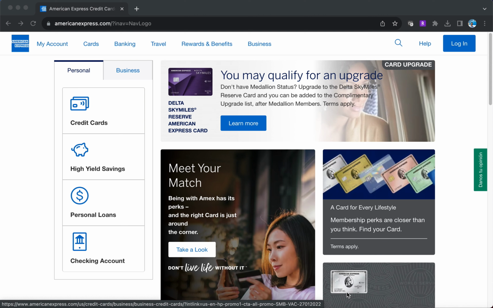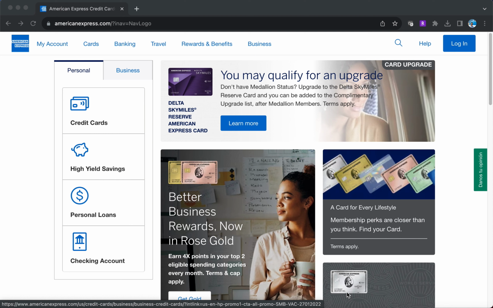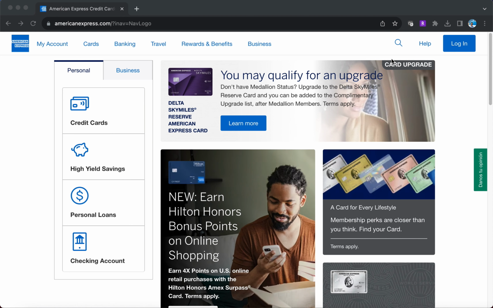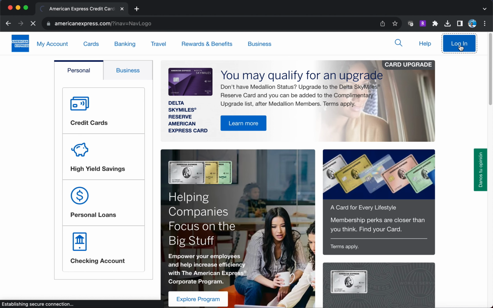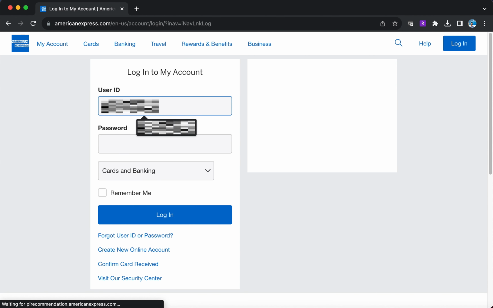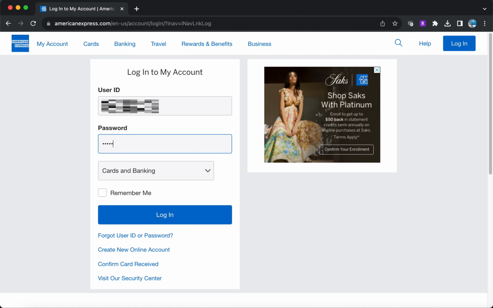Today we're gonna talk about how to transfer points from your American Express card to different travel partners. The first thing you want to do is go into American Express website. We're gonna go ahead and log in into our account, and once you log in, you want to make sure